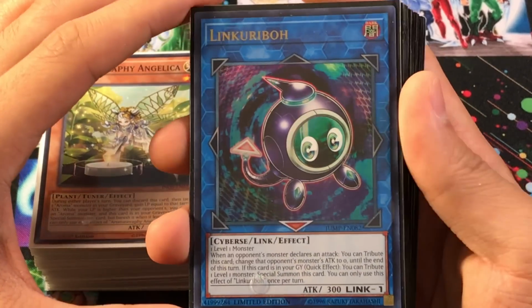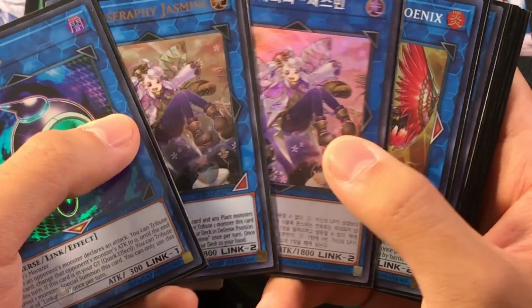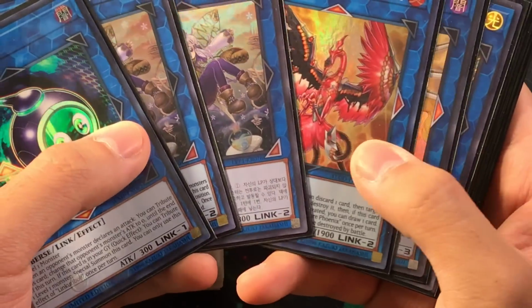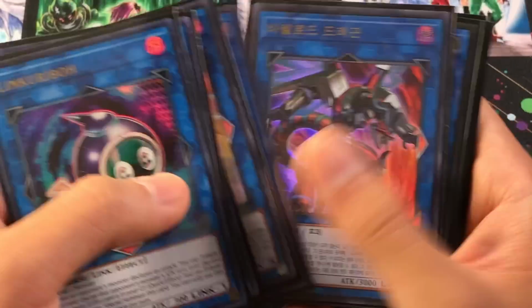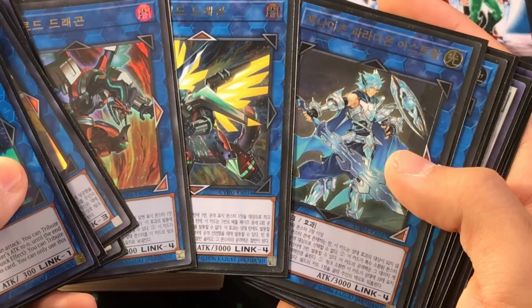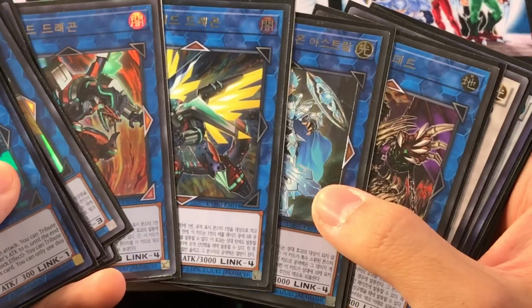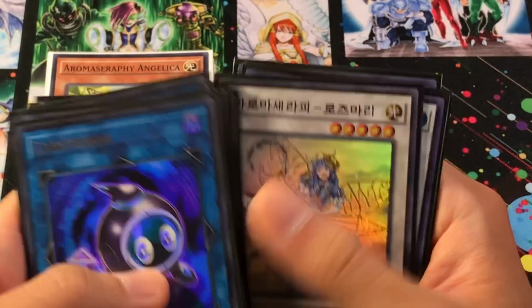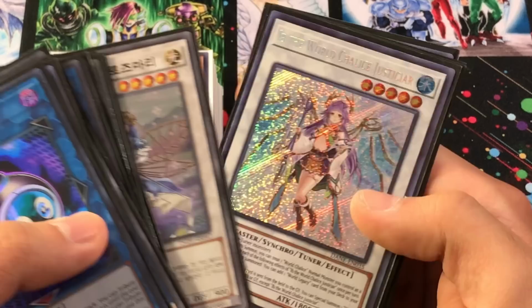We got, for our extra deck, Tonia, just 1 copy at link 1. Then we got Aromaseraphy Jasmine, a pair of those at link 2, as well as a Nightmare Phoenix. We got Nightmare Unicorn and Zephyr Metaltron at link 3. We got Borreload Dragon, Borrelsora Dragon, and we got Mech Knight Crusadia Aromax, and Skulldread at link 4, so 4 link 4s. And then for our other monsters, we got level 5 synchros, 3 of them,